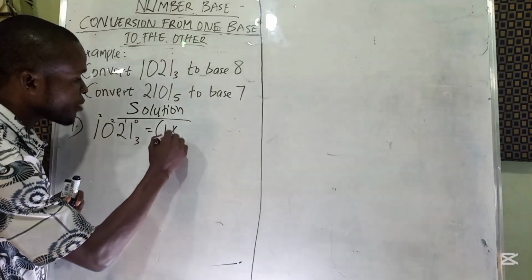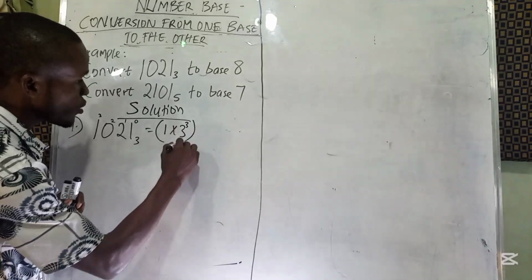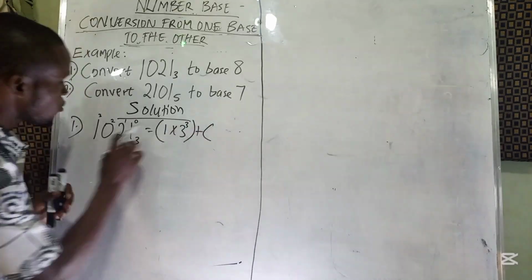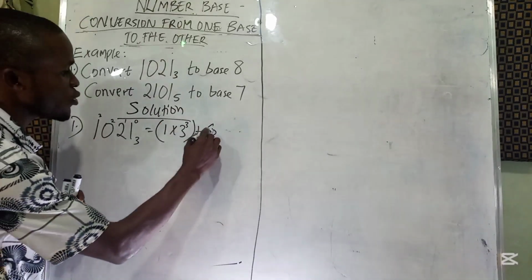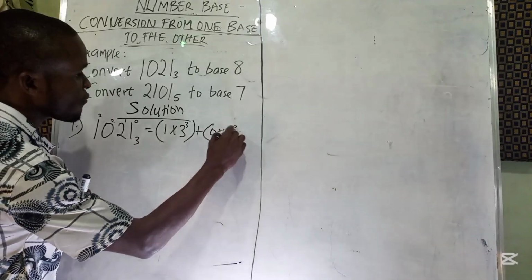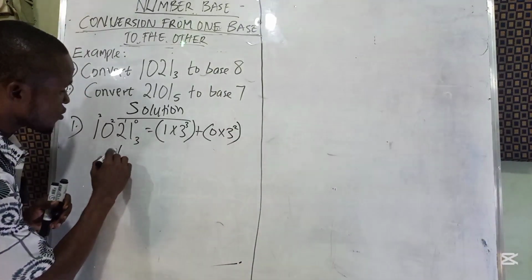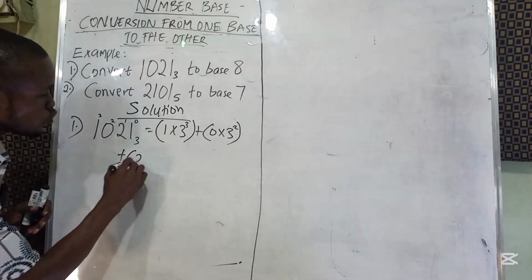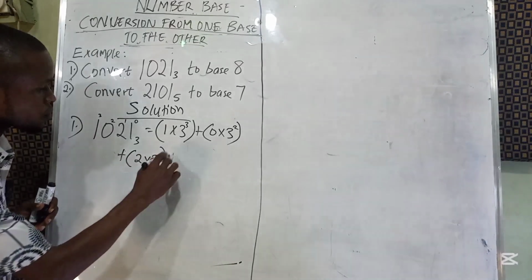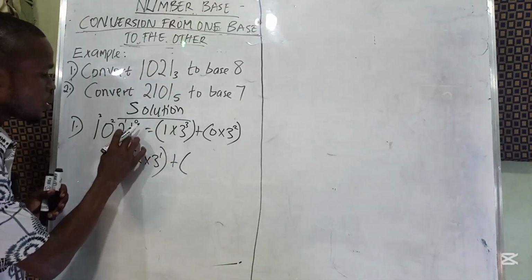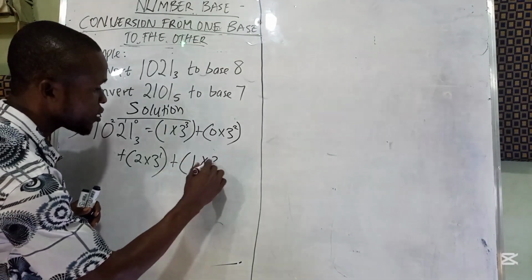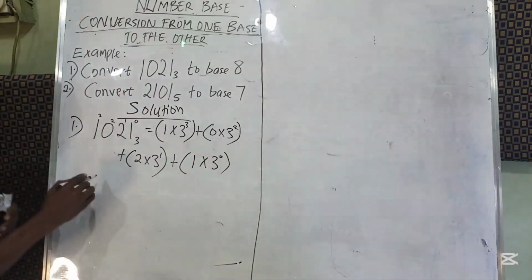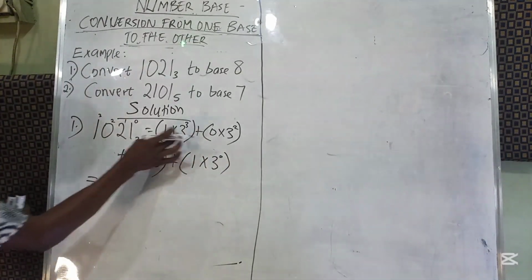So now we have 1 times 3 to the power of 3 plus. The next number is 0. So we have 0 times 3 to the power of 2 plus. The next number here is 2. So we have here 2 times 3 to the power of 1. The next number is 1. So we have 1 times 3 to the power of 0. All right, so this becomes equal to